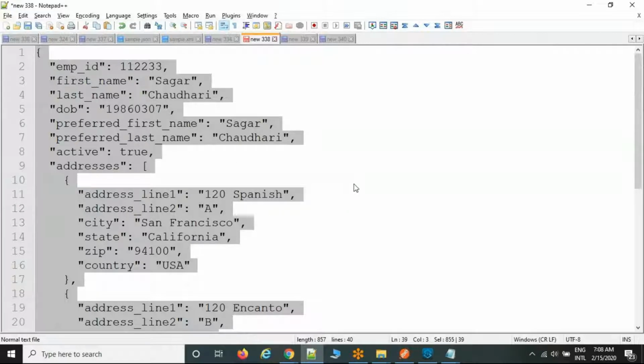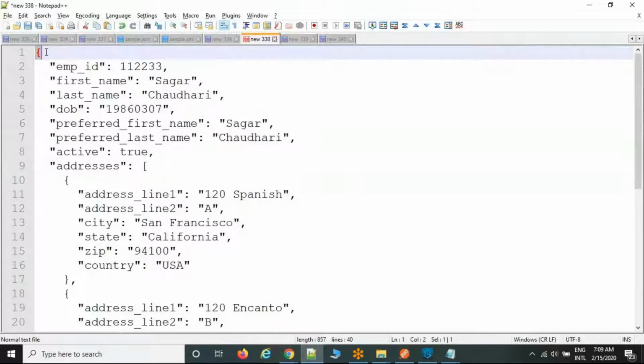First of all, if a customer shares any file, not only this file but any other file, first we need to understand whether it is a list of arrays, like a list of information, or single person information. If it is a list, then we are going to apply the map operator. If there is no list, then we are going to write it manually only. First, this is an object, a single person object, there is no list.